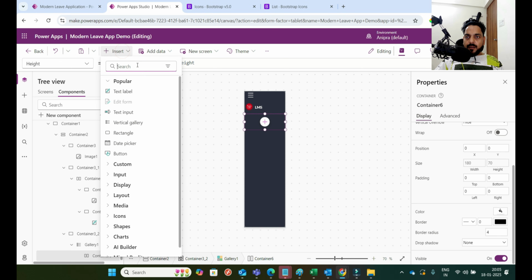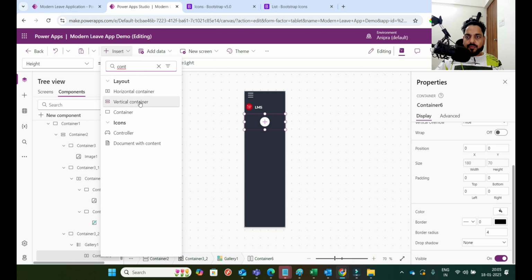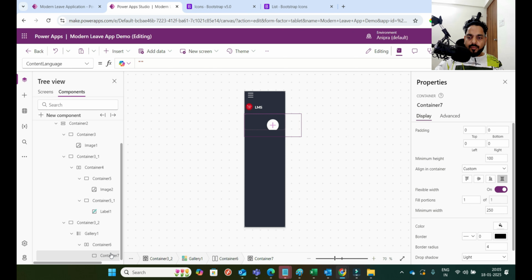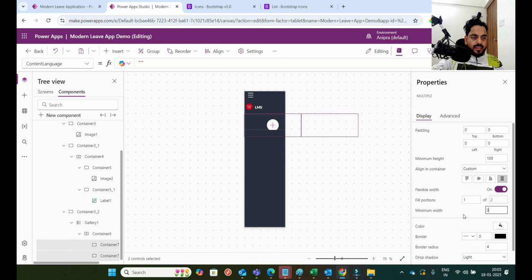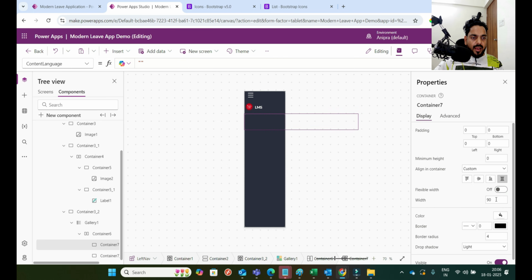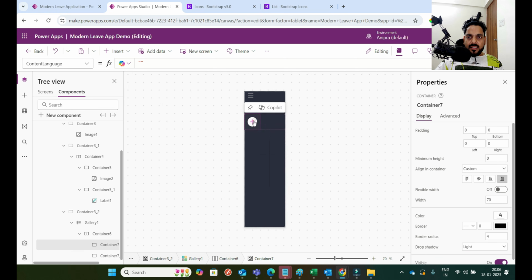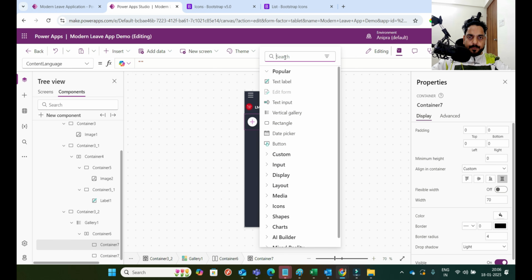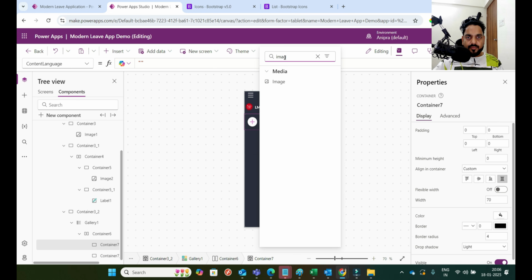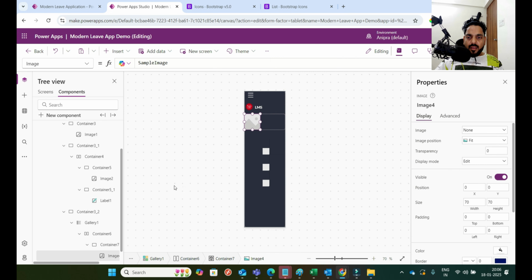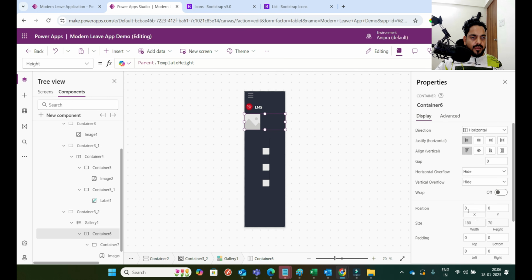Okay, so inside this container I will add two containers, container 1 and container 2. We'll make it a 0, make it a 0, and for this container I'm going to make it a 70 pixel, and for this container we'll take the rest of the width. Okay, so inside this container I will add an image. Okay, and this container,